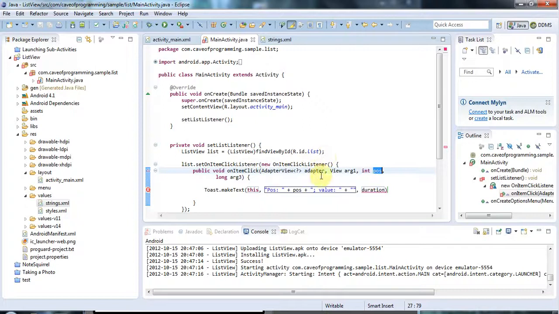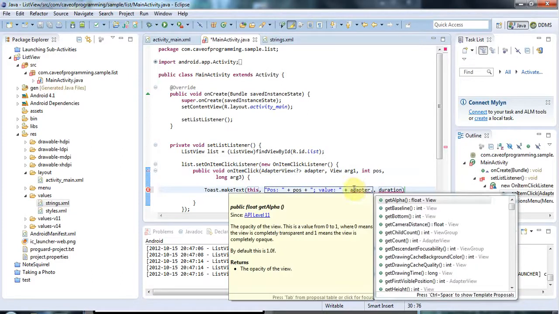And this adapter, it's a thing that, in this case, takes the array of strings and turns them into list items. So it's adapting the strings to list items, if you like, because the actual widgets in the list are list items and the things that I've supplied are strings, and this adapter class translates from one to the other, and we can use that to get the actual value that the user sees by saying adapter